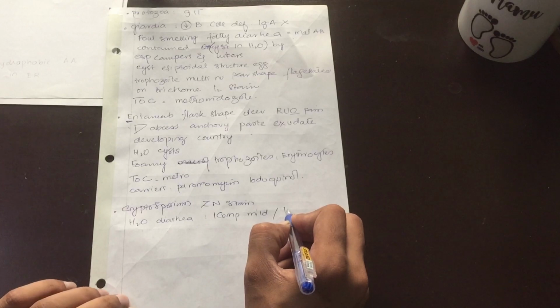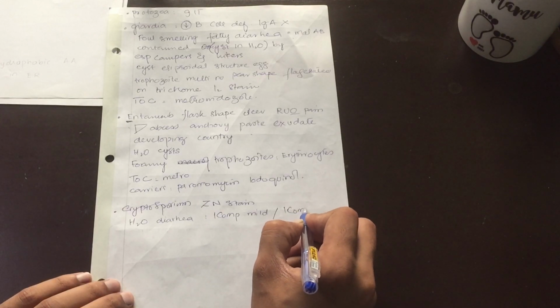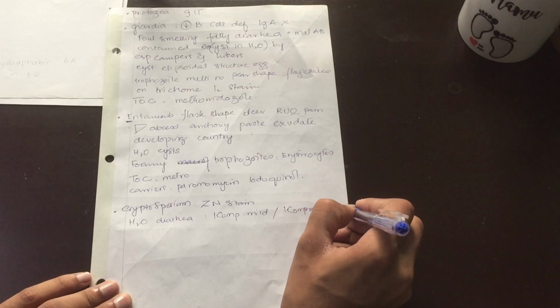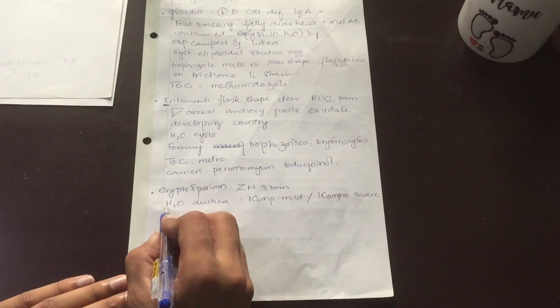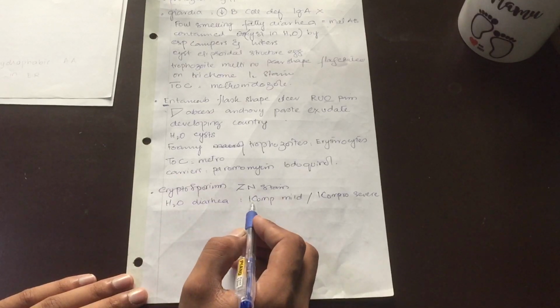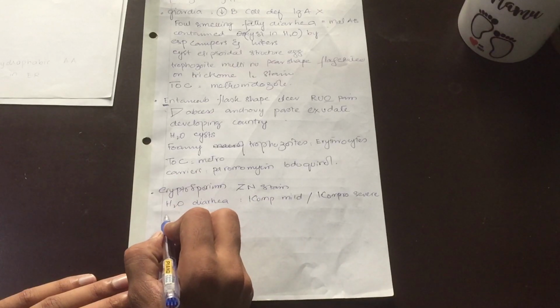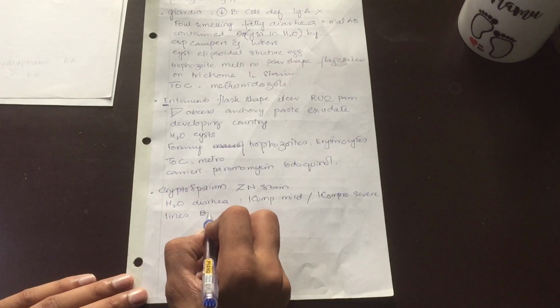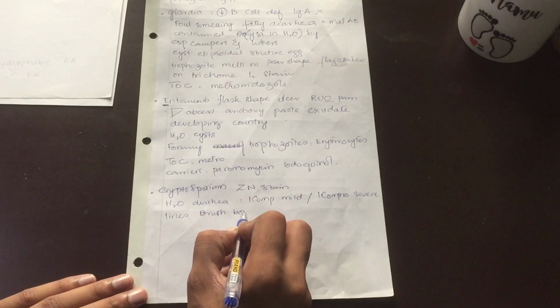But if the patient is immunocompromised, like in AIDS, then it can cause severe watery diarrhea. And for Cryptosporidium, Zn stain, they line the brush border of the intestine,